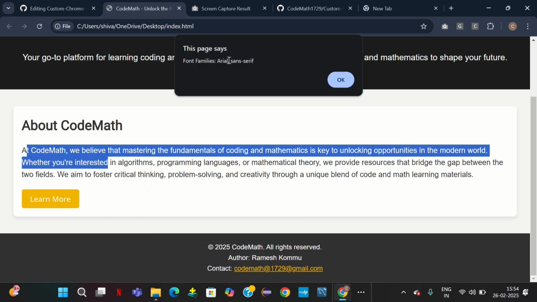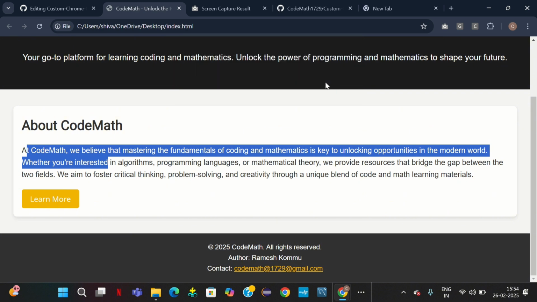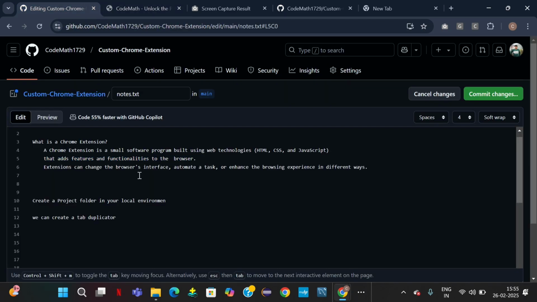It is cool, right? Okay, you can also create this type of custom extensions. First we'll go through the basics, then you can go to the advanced level by learning these basics. Okay,